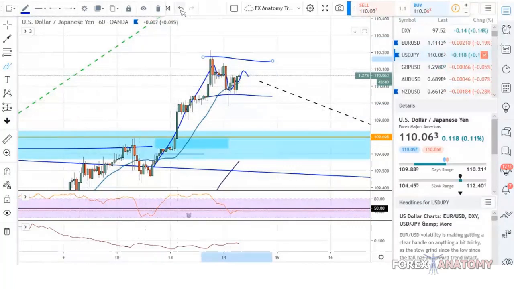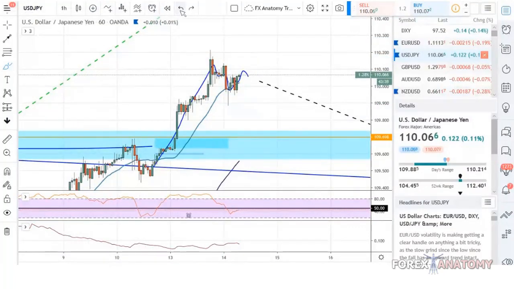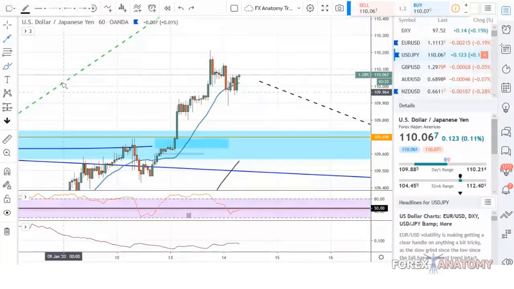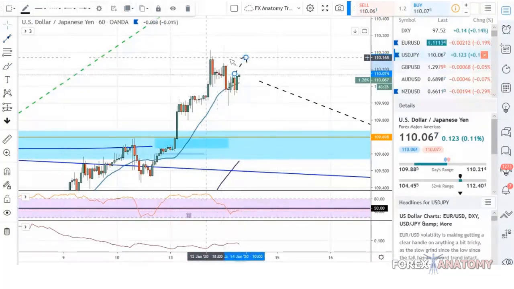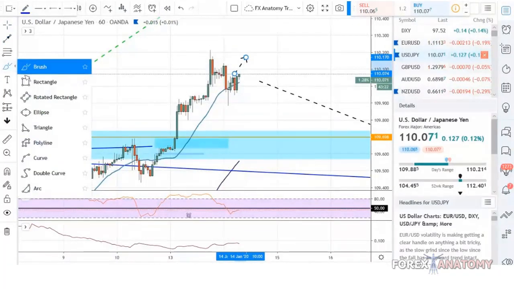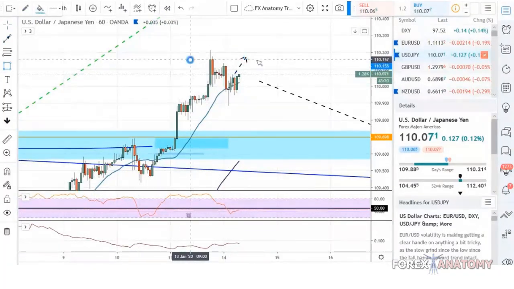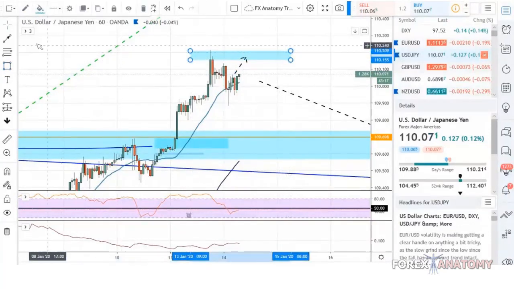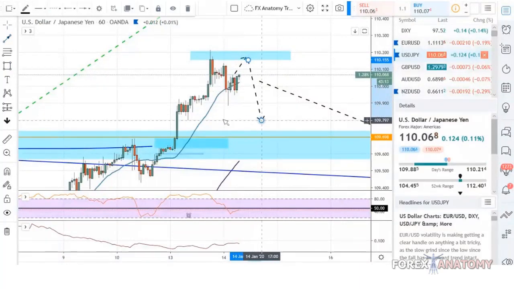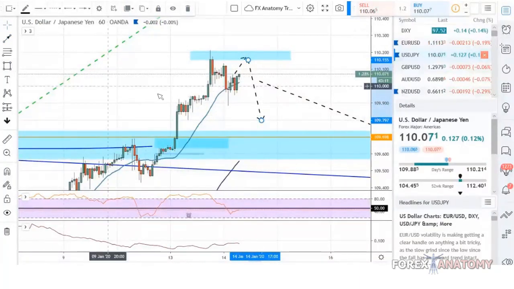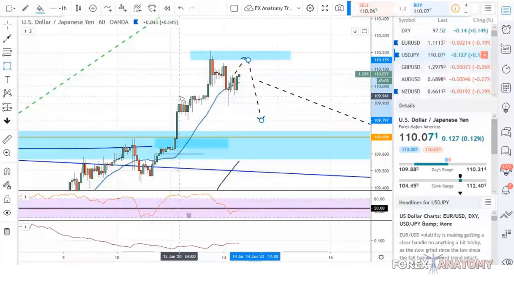So then let me remove this line, and let me share with you guys what could potentially happen. Price could potentially do something like this. It may retest this high up here, this area of resistance, and then from there we could see price slide lower, breaking this zone or area